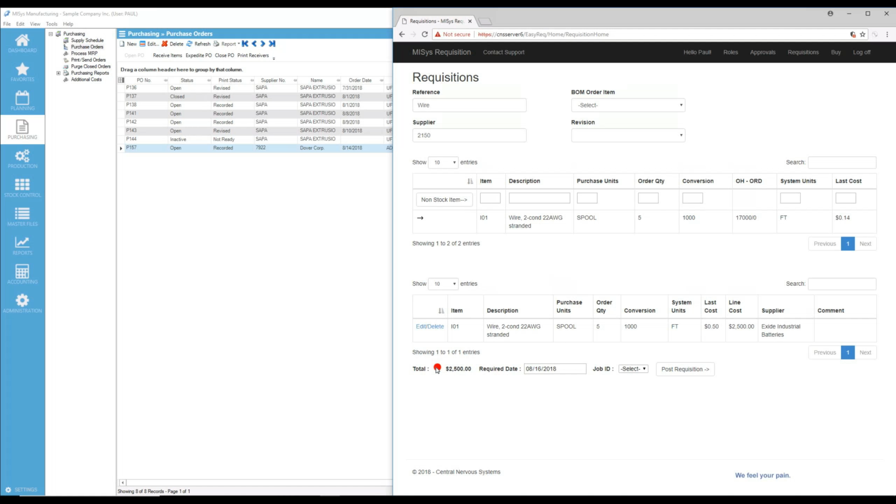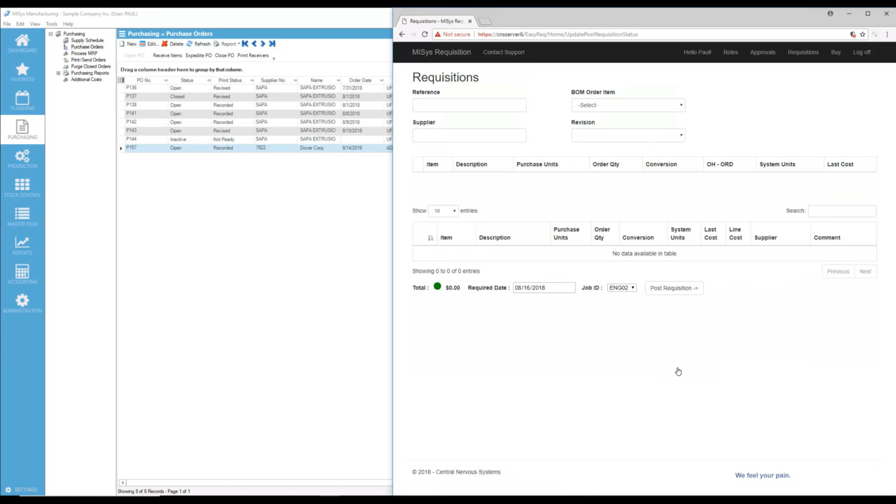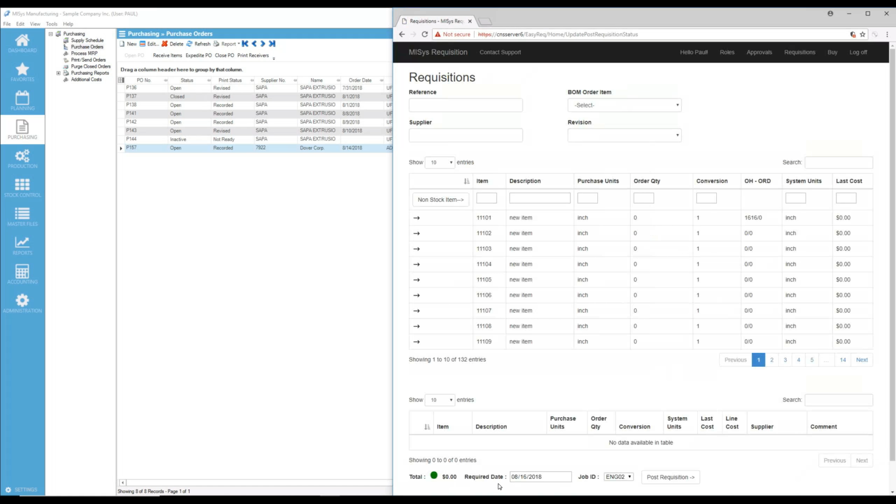reference a specific job here. And so I want to put this on Engineering 02. Once I've filled in the right information for this particular requisition, I can then click Post Requisition, and that's going to send that off for approval. Now you notice that it took it off the list. There's no more items down at the bottom of my list down here, and it's cleared all my search screens